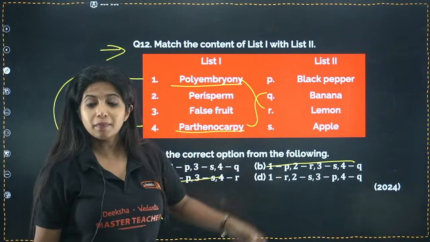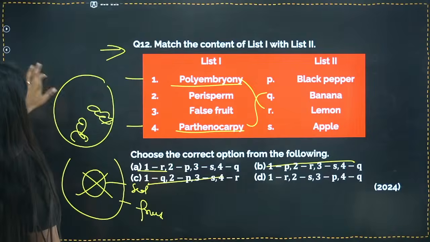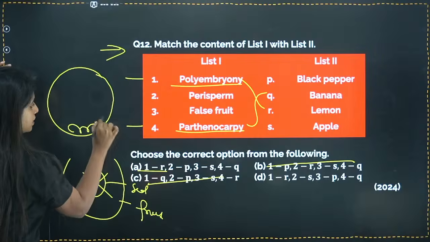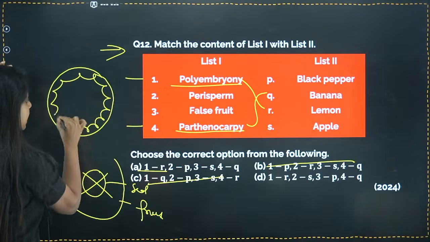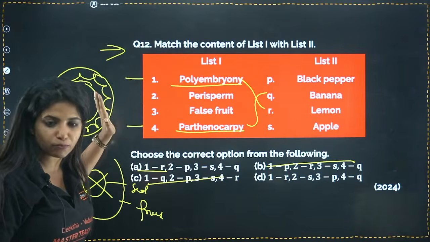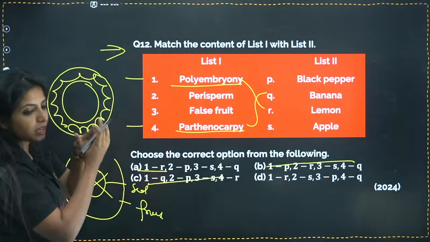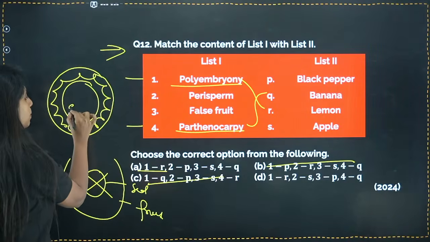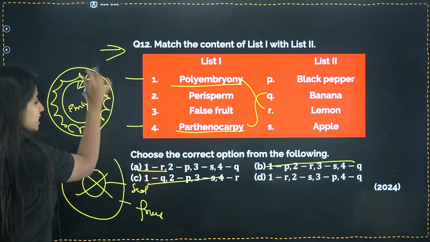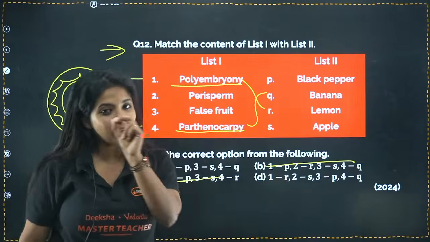Perisperm. What is perisperm, my dear children? Generally you have the ovule. Inside the ovule you have the cells of the nucellus. Inside that, the embryo sac is formed, and this nucellus is generally used up. But sometimes it still persists, thinking that one day sperm and egg will come together, fertilization will happen, an embryo will be formed, and it will provide nourishment to it. So this layer which persists is known as perisperm, and perisperm is found in only 2 plants in your NCERT,